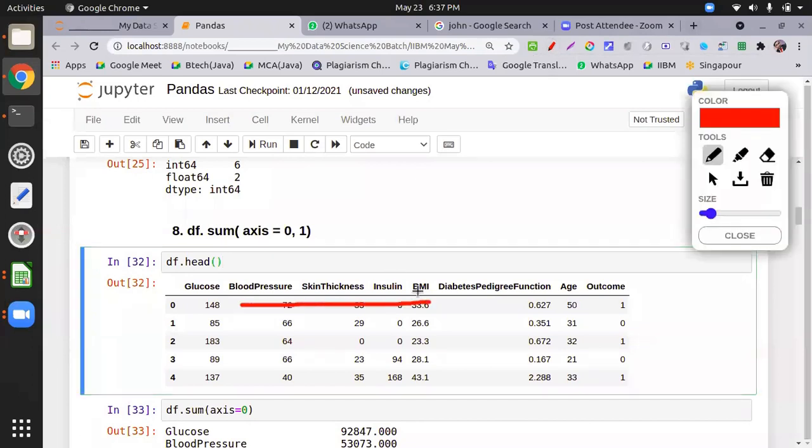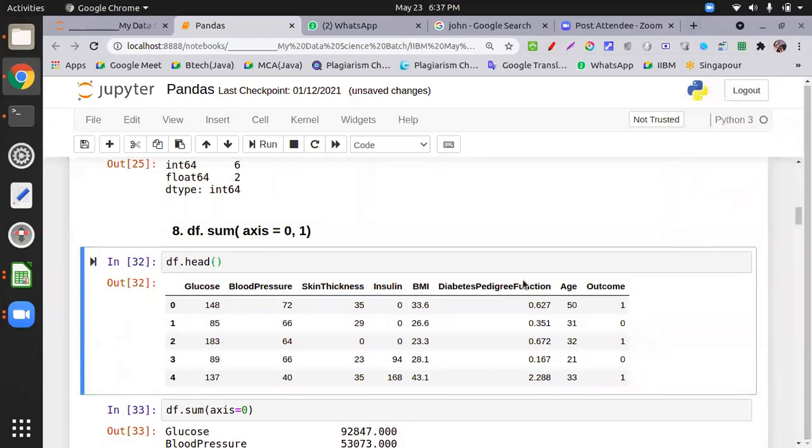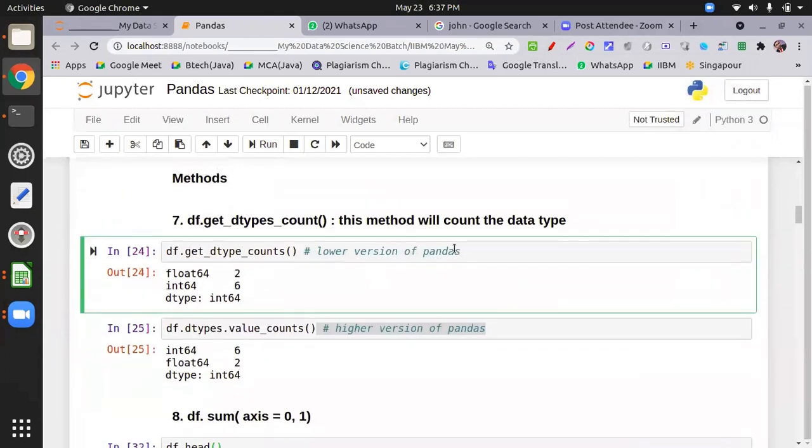Sir, for one minute, can you go to the lower version? Sir, my name is Akila, first of all. I'm sorry, beta, your voice is cracking. Please repeat your question. Actually, I'm just writing the syntaxes that you're saying. So, can you please stay for a minute? Yeah, I'm staying, no problem. Thank you, sir.